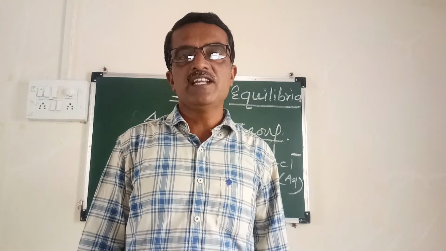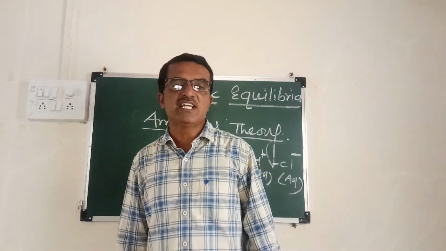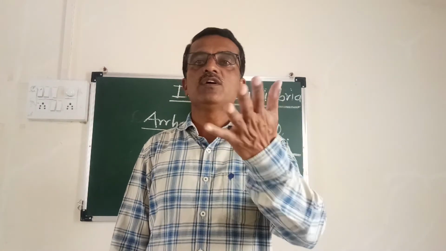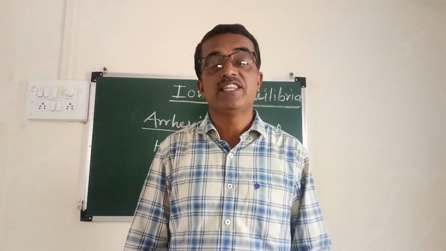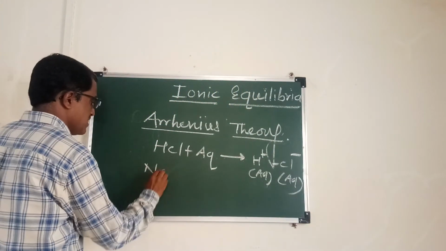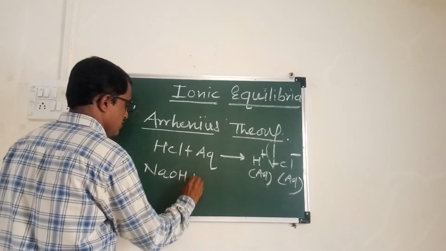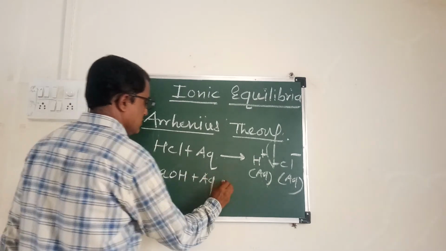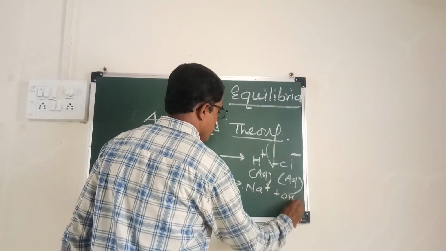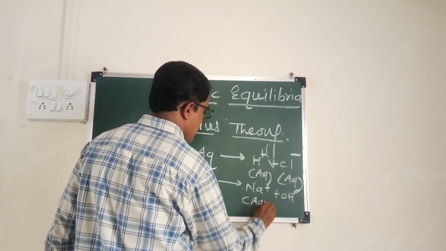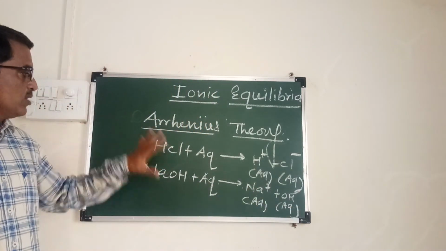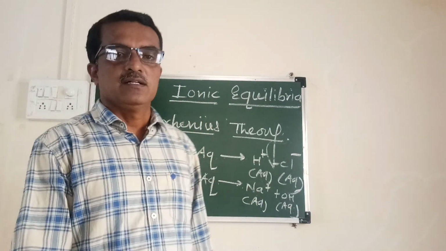According to Arrhenius theory, bases are the substances which contain an OH group and which, when dissolved in water, give OH minus ions. Take the example of sodium hydroxide, NaOH. When it is dissolved in water, it gives Na plus and OH minus ions. This is the simple concept according to Arrhenius theory, of acid and